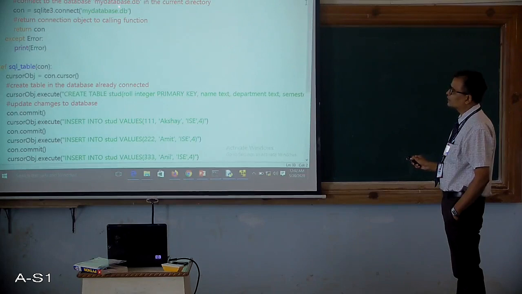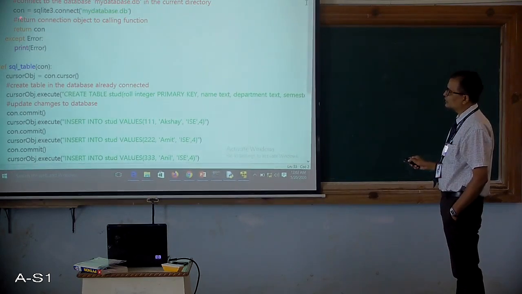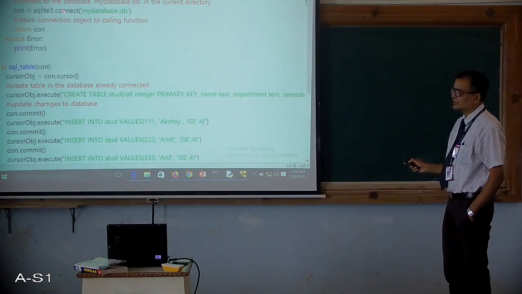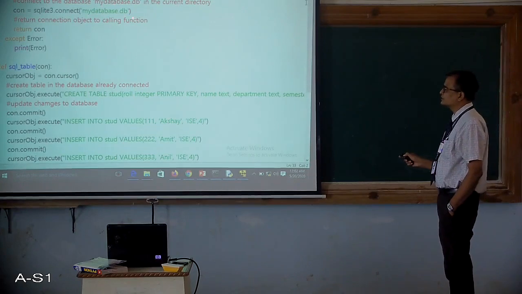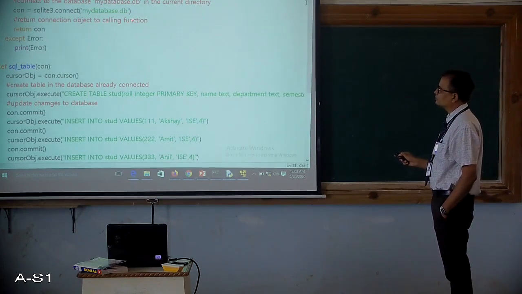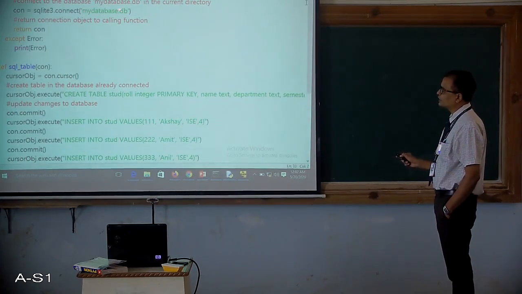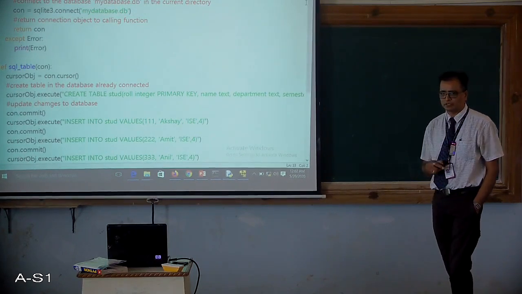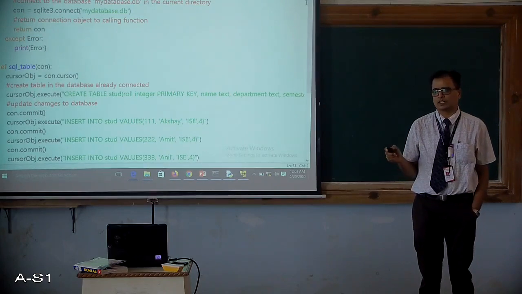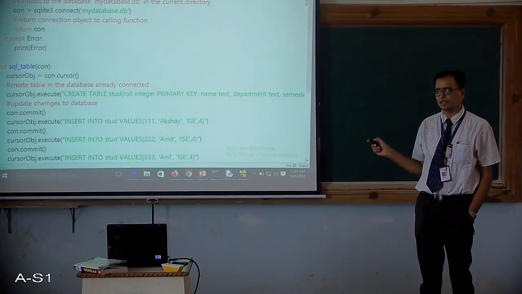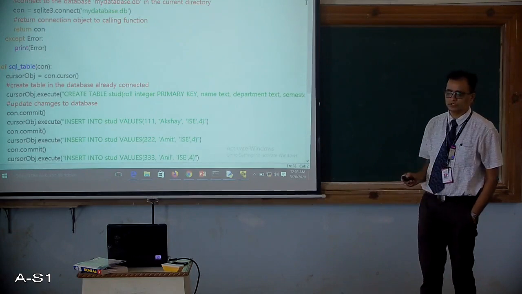So connect to the database mydatabase.db in the current directory. What we are doing is creating a connection, and the sqlite3.connect function is used for that. This is the database file name. Since it is available in the current directory, I am not specifying the full path, because the present working directory is the same, and in the same directory we have got mydatabase.db.